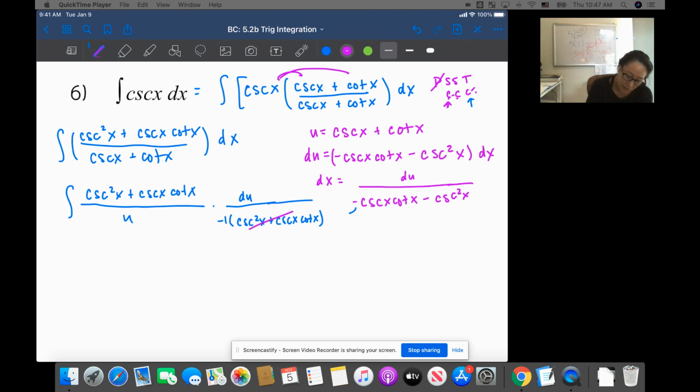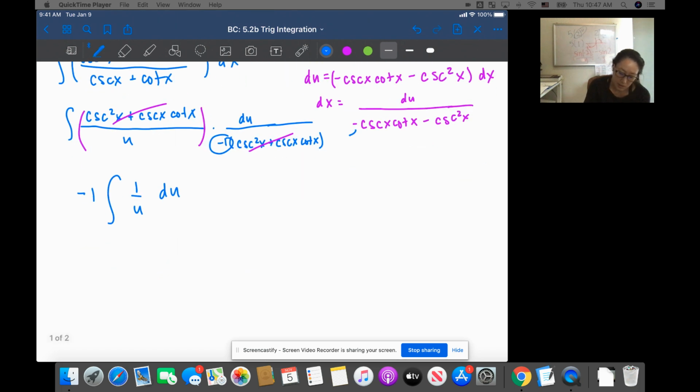So I see that my numerator and denominator terms cancel. And let's put these in parentheses. Okay, leaving me with my -1. So -1 times the integral of 1 over u du. So I get negative ln of the absolute value of u plus c,